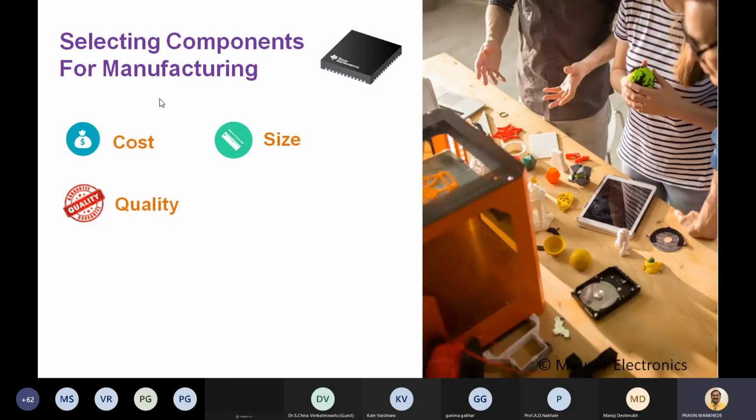These are the suppliers, and if you search for, say, an LDO, a simple voltage regulator, or any different ICs which do different work, you will get different options there. Try to go through the specifications of all these components, and go through the cost of these components. Then you will understand whether to go with a particular component or not.